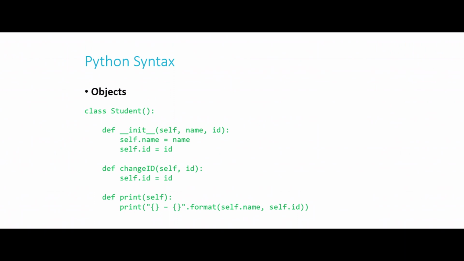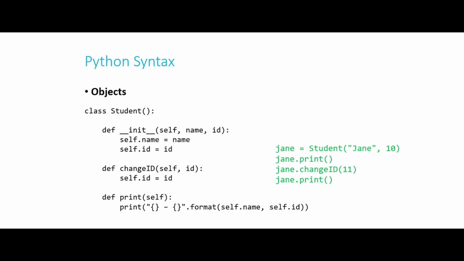And then I have a function called print, which takes just one parameter, self. It's not going to take anything else, but still, I always have to indicate the self parameter. It always has to be part of any methods that you define for a class that you create. And what I'm doing here is printing out self.name and self.id with a little dash between them. That's just some variable interpolation, just like we saw before.